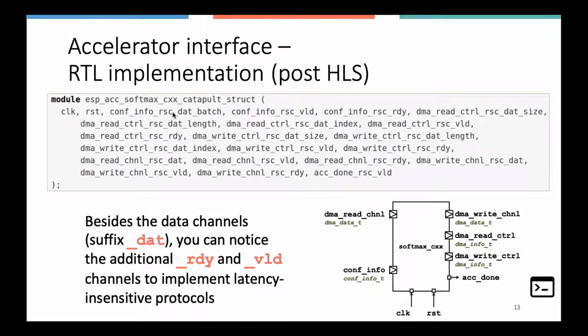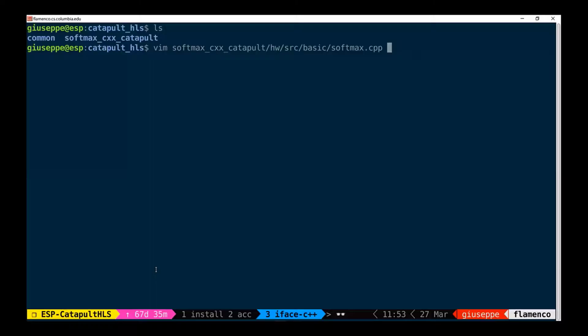After HLS, this is how the interface looks in RTL Verilog. You can recognize most of the ports that we have previously defined in C++. Besides the data channels that come with the suffix _dat, you can notice the additional _ready and _valid channels that implement the latency-insensitive protocols. Let's see hands-on the accelerator interface in C++, how to run HLS, and the same interface in the generated Verilog